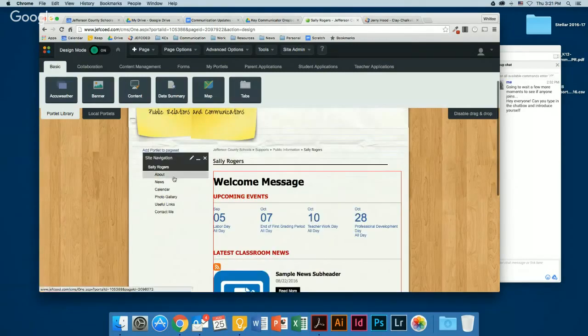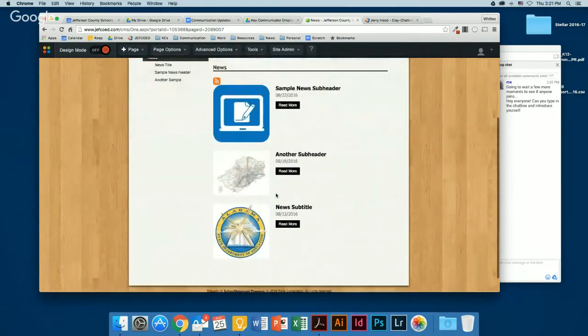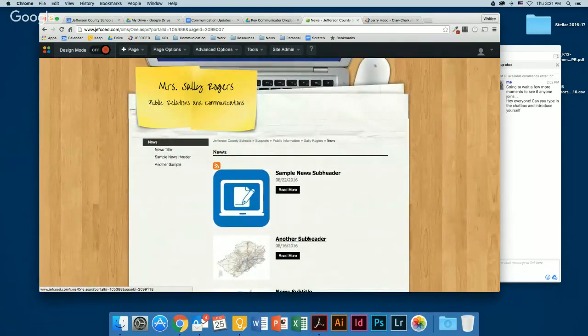So for instance, I went under this teacher page and I created a news portion. So now my teacher page has a news feed, just like our schools have news feeds on their homepage and the district. So that can be replicated down to the teacher page.